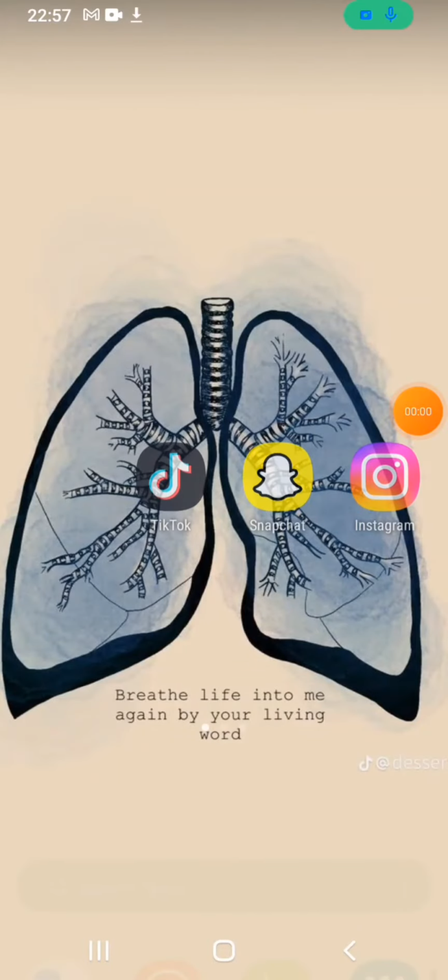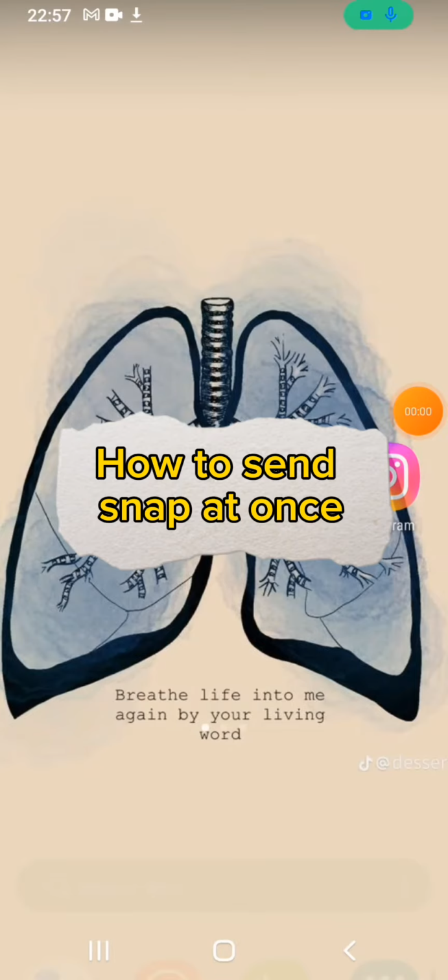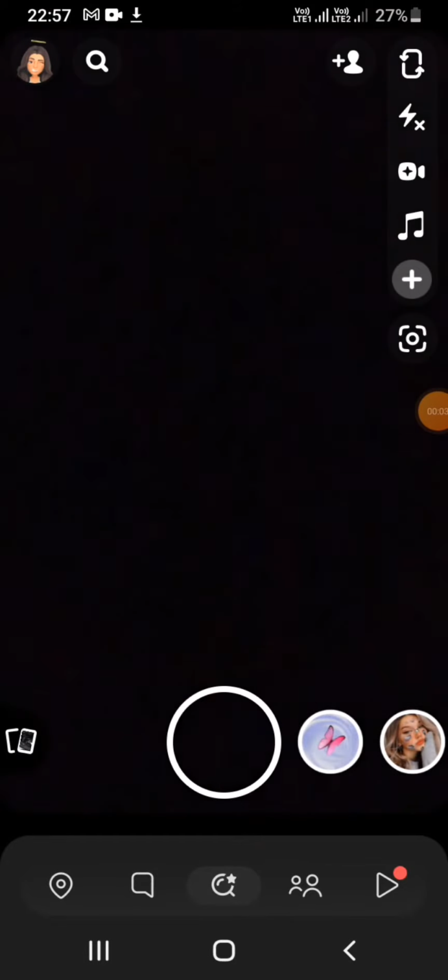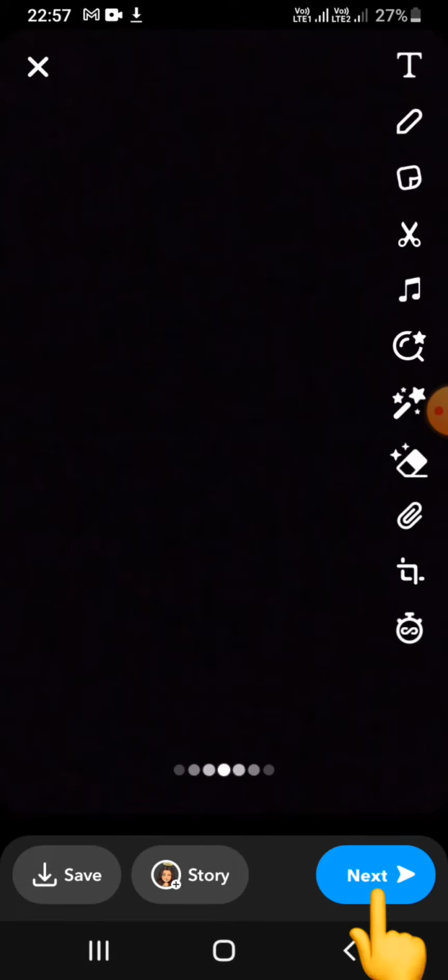So in today's episode, I'm gonna guide you to the tutorial video of how to send a snap at once on Snapchat. So to get started, first of all, go ahead and tap on the Snapchat application. And once you're inside the Snapchat application, what you're gonna do is click on Snap and then click on next